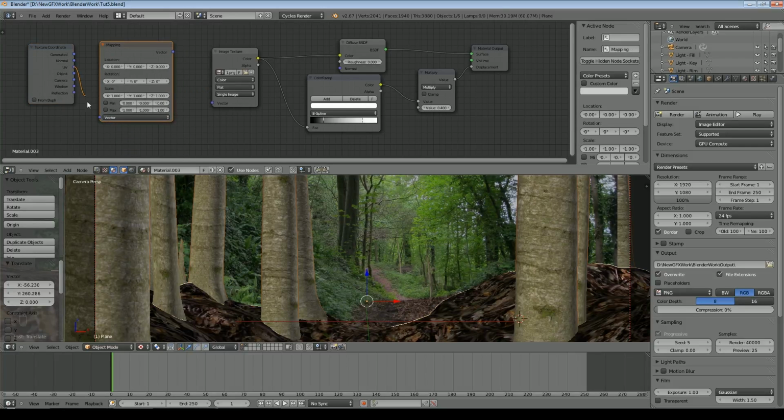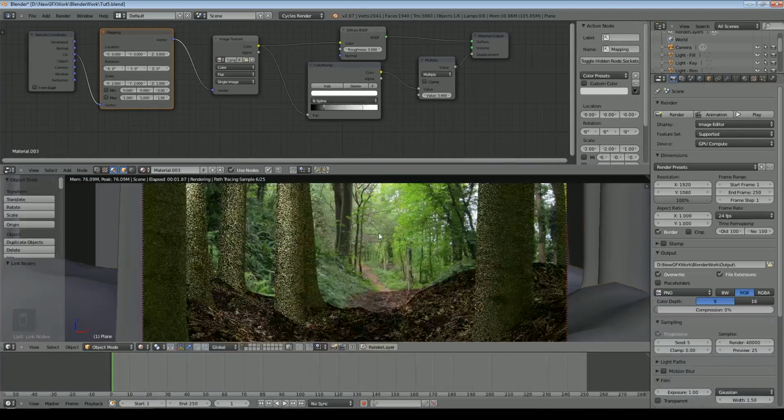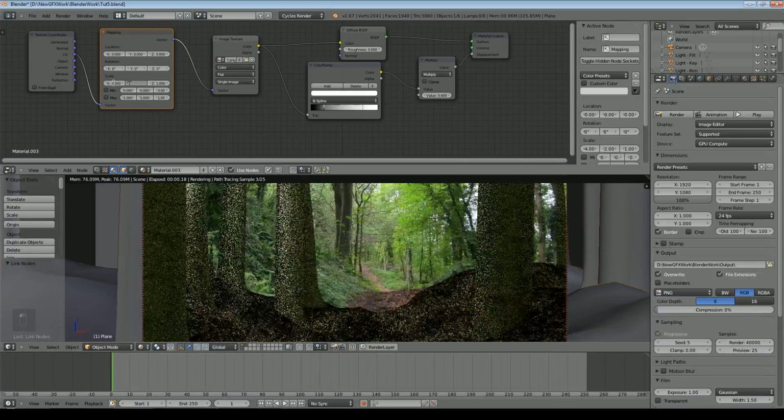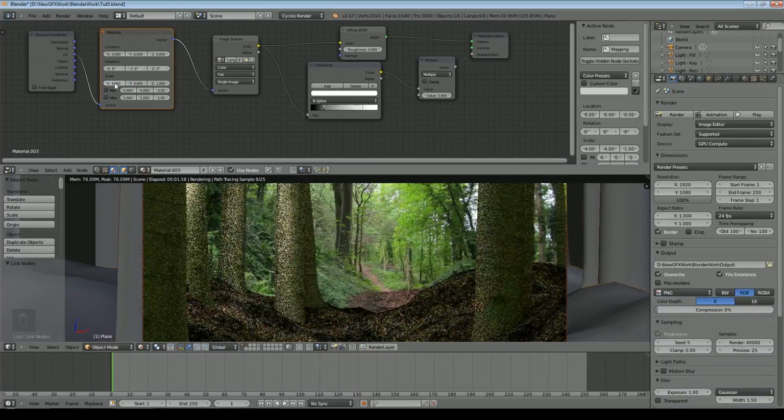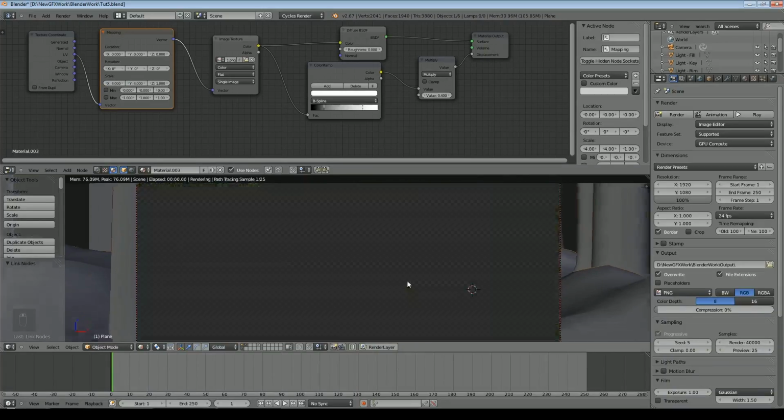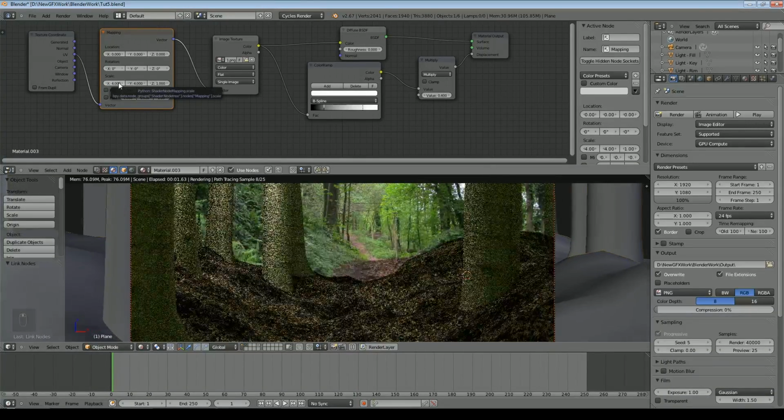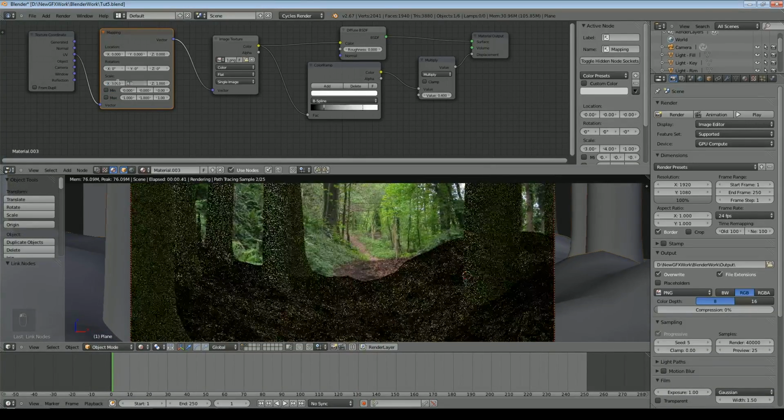So UV coordinates in, mapping coordinates out, and then we can set this to say 2 and 2, which should give us a smaller texture, or 4 and 4, and there you can see it's smaller still, so you just have to find the right scale for you. I think about 3 is probably somewhere near actually.